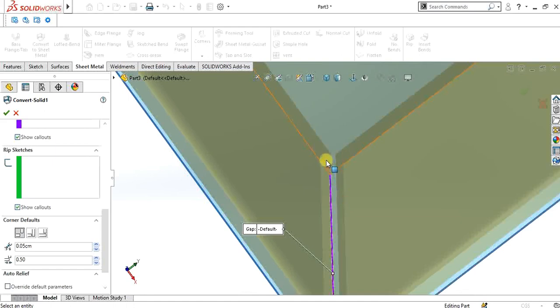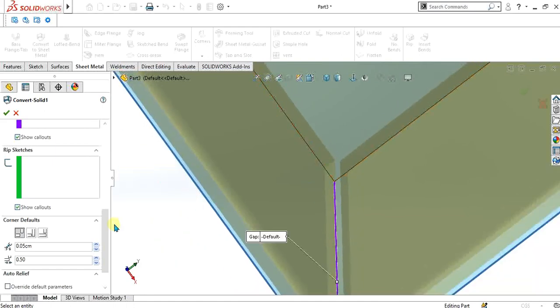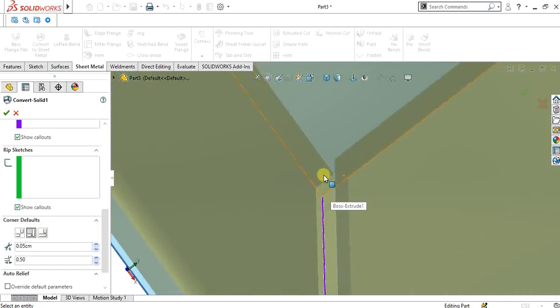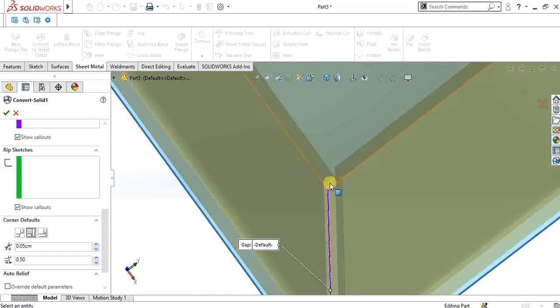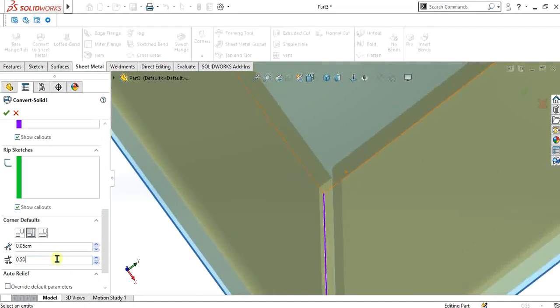The relief means the length of one side of the edge. If I select overlap joint, this edge is with the greater length and this edge with the shorter length. If we want to decrease the length of the greater edge, we can decrease it from here, like this.